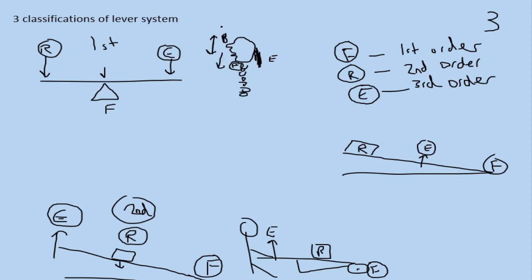Oh, that's meant to be an R. The resistance would be the front of your head. So you can see that the fulcrum would be the top of the spine, the effort would be the muscle at the back, which the name escapes me at this point in time, and then the resistance is the head that pushes down. So that would be one example from the human body for a first order lever,